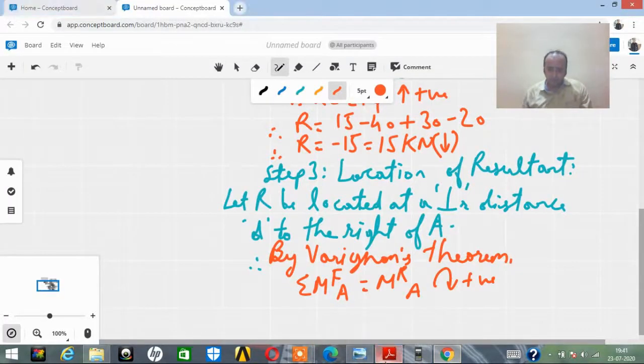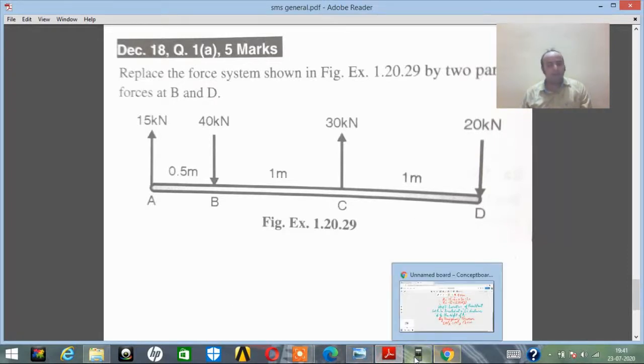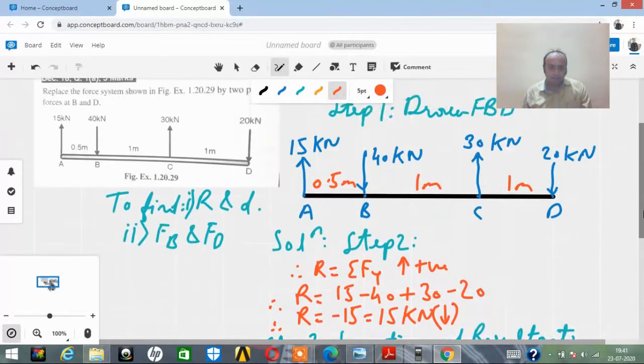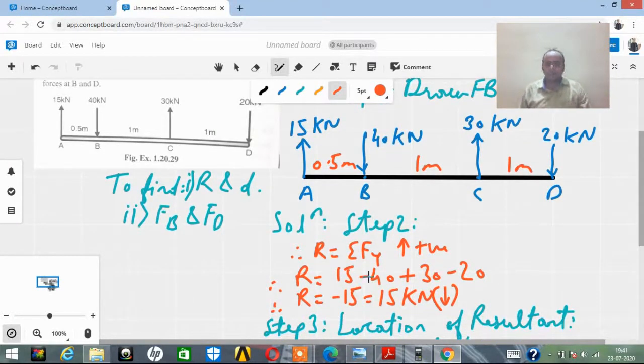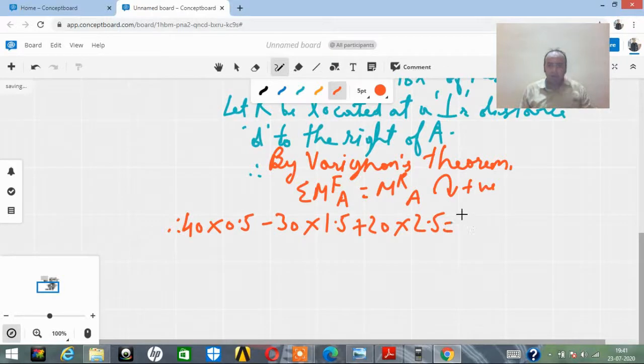So how it will be written over here? It will be plus 40 into 0.5 minus 30 into 1.5 plus 20 into 2.5 is equal to R into D. So it will be 15 into D. So if I write the equation, you can check the diagram: 40 into 0.5 minus 30 into 1.5 plus 20 into 2.5 is equal to R into D. R is nothing but plus 15. Why? Because it is causing the body to rotate in clockwise sense. So therefore, D will be equal to